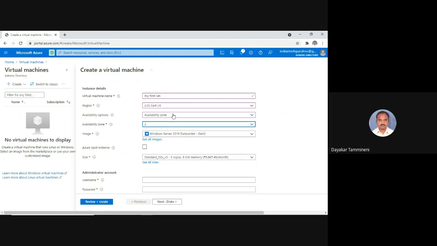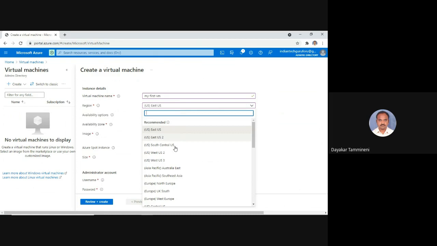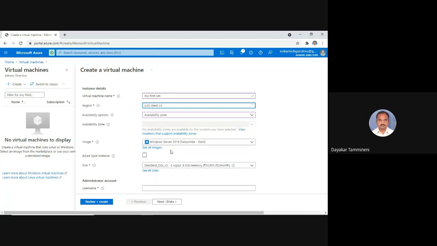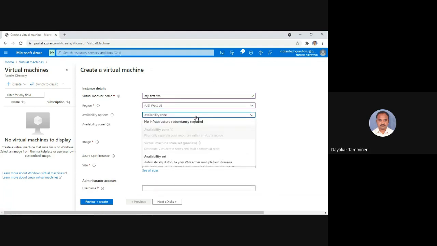So availability zone is clear. Now what if there is no availability zone? For example, if I select West US, there is no availability zone there. Then what can I do? How could I protect my data?